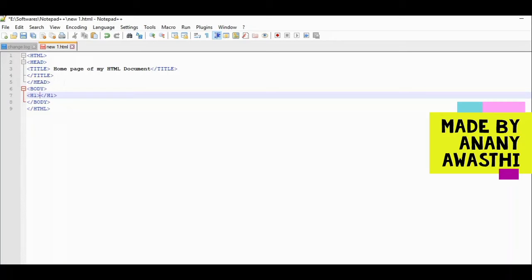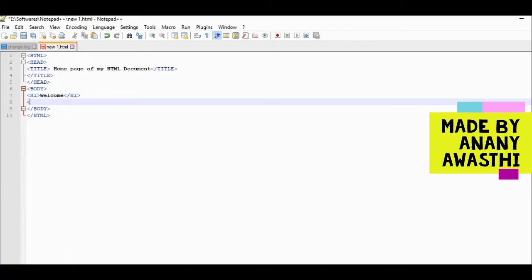I'm going to give it some heading, welcome. Now I'm going to give another heading, that is h2. You can also use h3, h4, h5 and so on. Now I am giving it some heading,